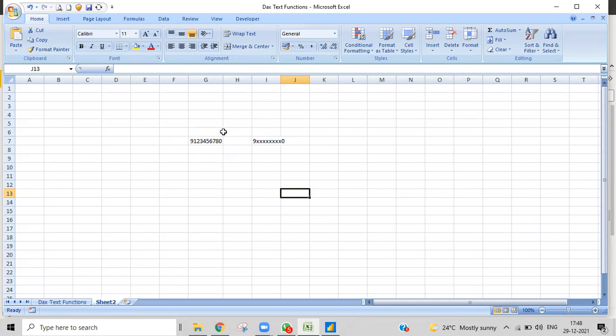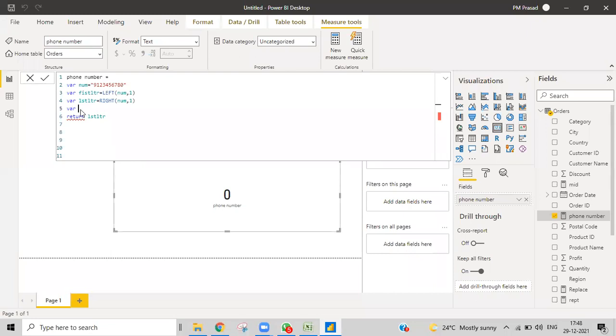So here, the first number will be turned into the first letter. I'm trying to get the first letter, then the second letter, and the last letter. After that, I am trying to find how many numbers are in between them. Maybe for all the mobile numbers it will be 10 only, but I don't know how many are between them. So I'll find the total length, and from that I'll subtract 2. Then obviously I'll get what is available in the middle of that particular string. That's what I'm trying to give.